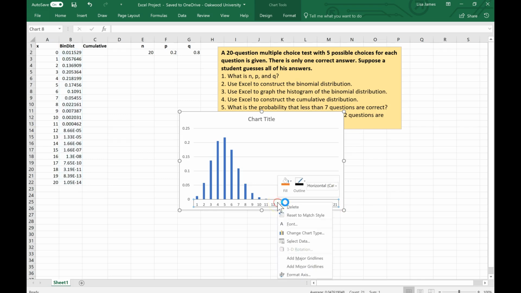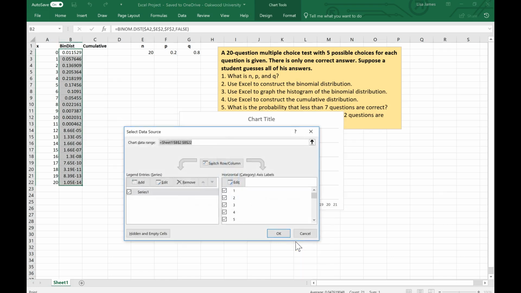I'm going to right click. When I right click, I'm going to click on select data, and the horizontal axis is what I would like to change. So I'm going to click on the right side here, edit,